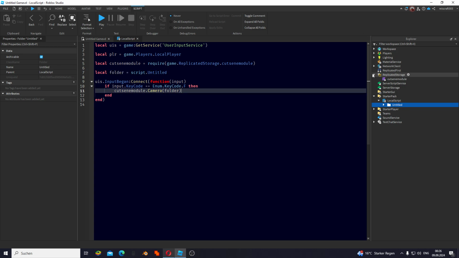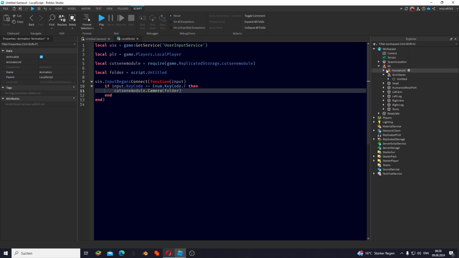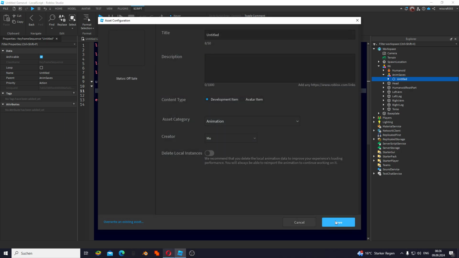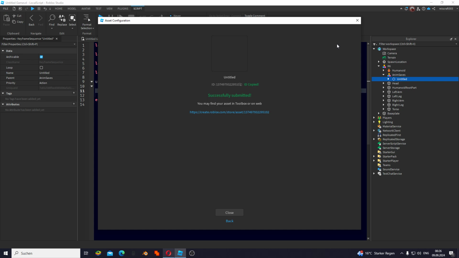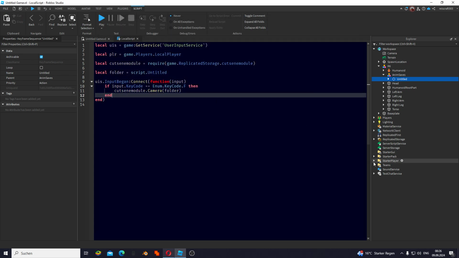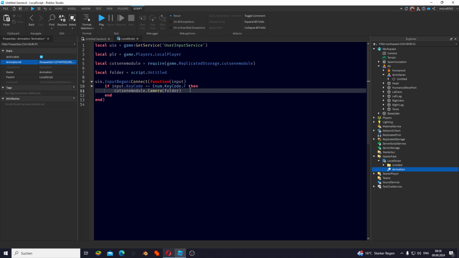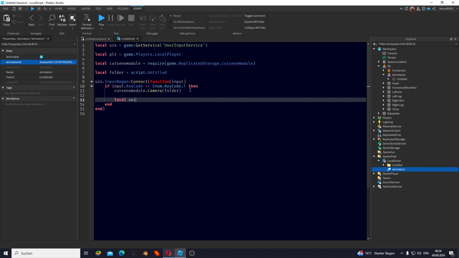Now just something that I quickly want to make is inserting an animation for the animation I made to also play. So going again on the NPC we just animated and right clicking on this and clicking save to Roblox, and now it will load, save, copy the ID for sure, and now go back to our script, below the script insert the animation we just created, and now in the animation ID, paste in your animation ID, and now we will just local it real quick by saying local animation